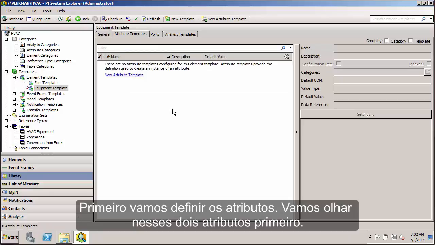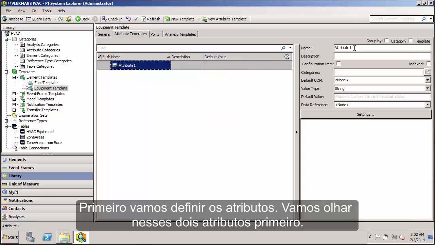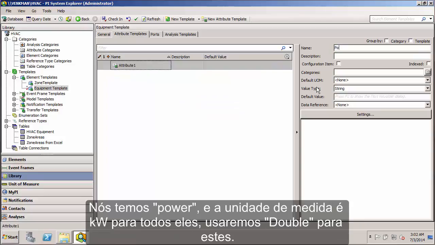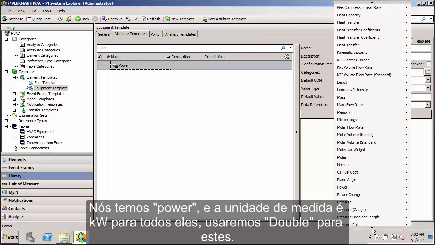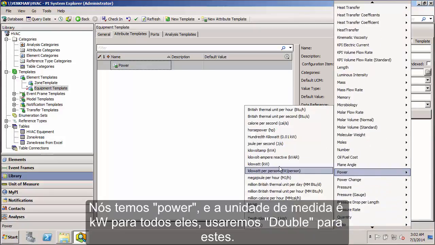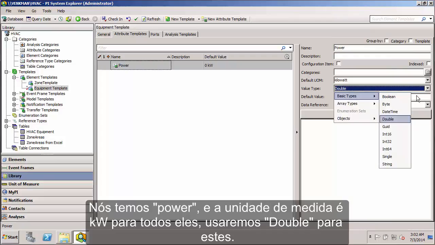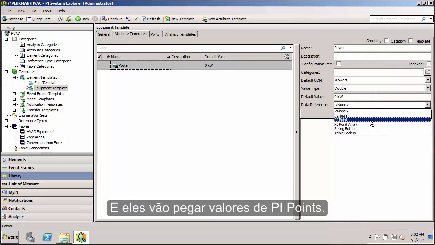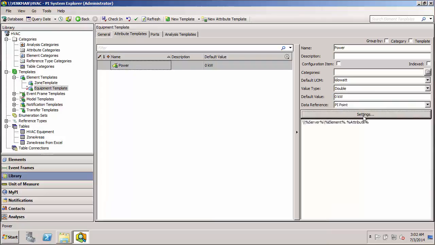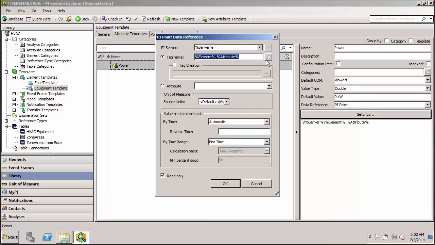So first we'll want to start by defining our attributes. We'll look at those 2 PyPoint attributes first. So we had the power, and for UOM, we saw from our spreadsheet that all those tags have incoming units of kilowatts. And we'll use a double for those. And these are going to be PyPoint. Now here, just as a placeholder,